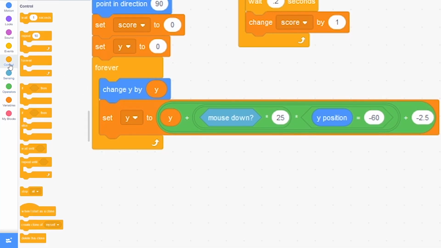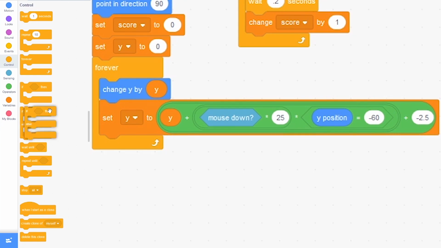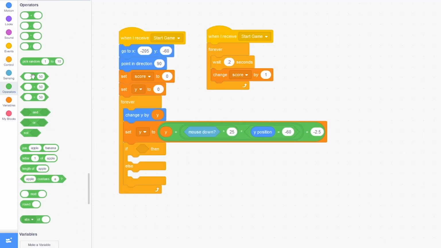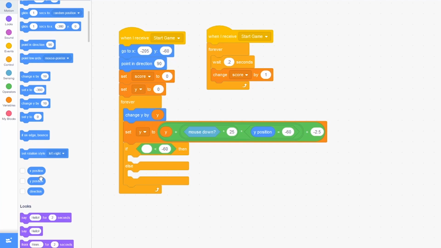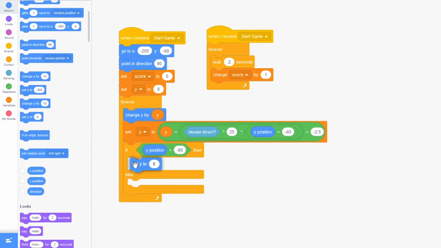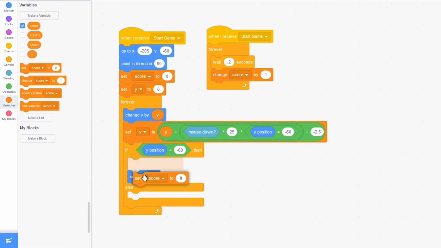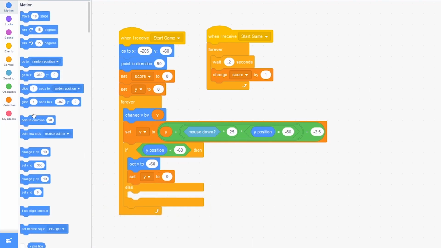So go to control, drag out if else, and if y position is less than -60, set y to -60, so this will stop the player from falling to the ground. Set y to 0, and point in direction,